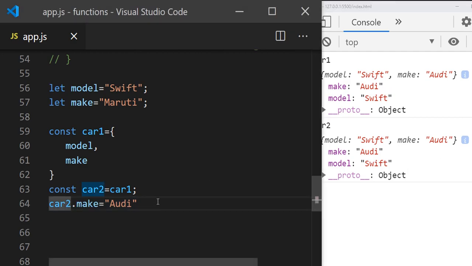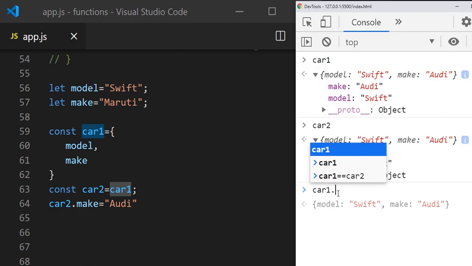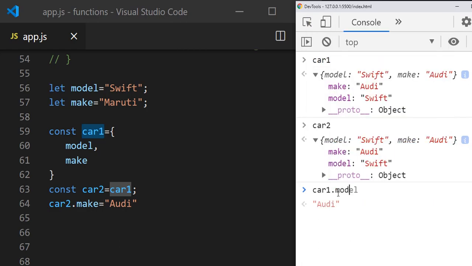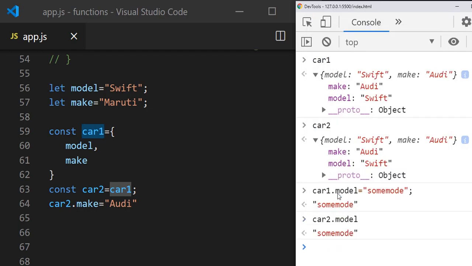So the changes you make to car2 will reflect in car1 and vice versa. And if you change car1 dot model equal to some RD model, and print car2 dot model, it also gives the same. So whenever you make changes to car2, that will be reflected in car1 also and vice versa.